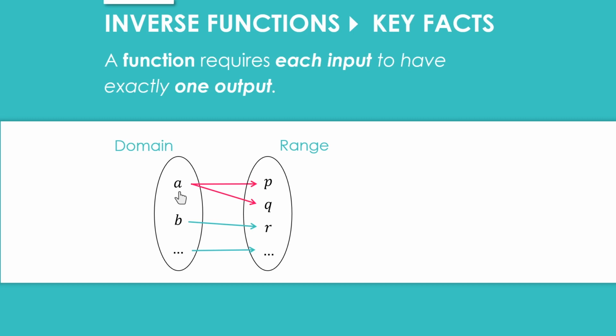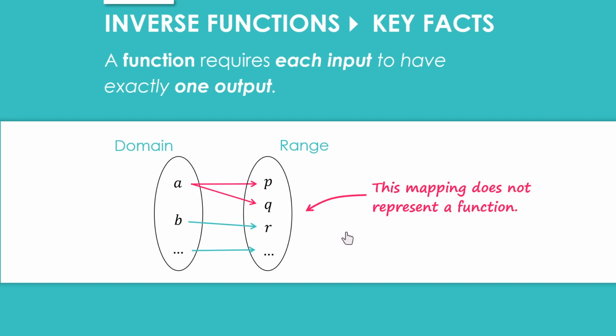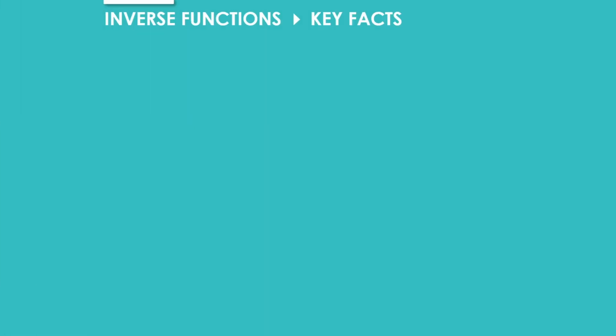Here we have an input A that's giving us two outputs, P and Q. So although we can say that this is a mapping, because one input is giving two outputs, this mapping does not represent a function. Let's see how that causes problems when we try to do an inverse of a function